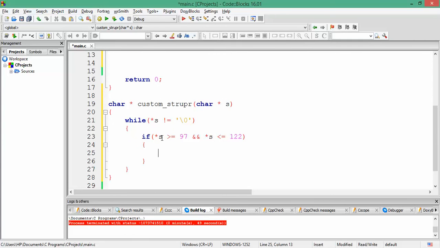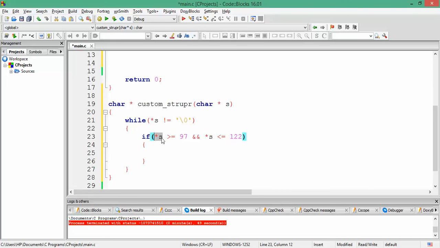Fine. So here is how this check would be done. Asterisk s is the value pointed by the pointer s, which is a character. Before this comparison is checked, this value would first be typecasted to its integer value, which is nothing but its ASCII value.